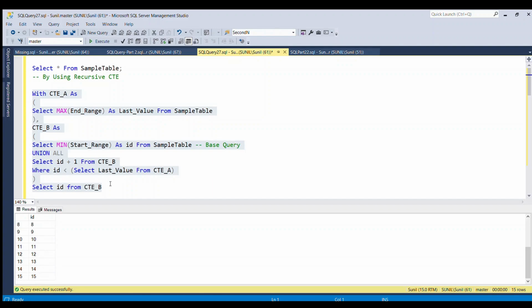Now we have to generate the sequence as it was asked in the output table. What we have to do is a cross join with the sample table.